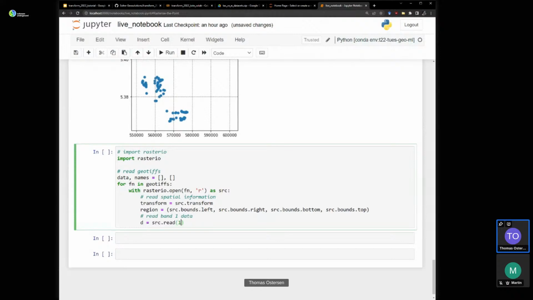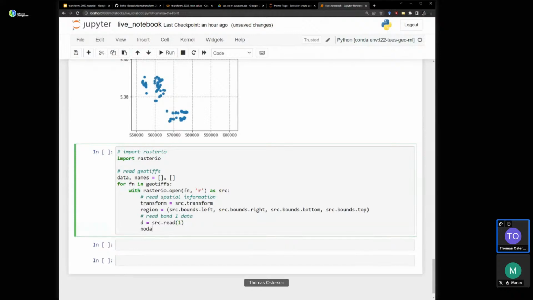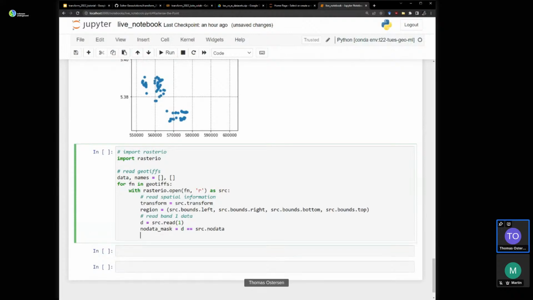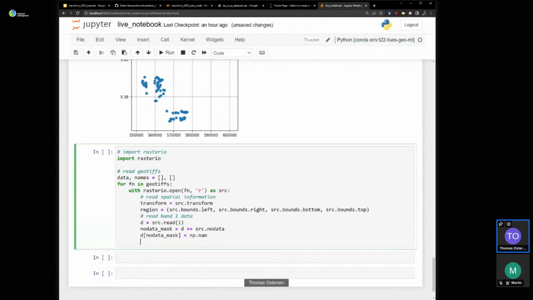Let's read band 1. We'll also read the no data value. We'll make a no data mask because there are regions of these data sets that contain no information. To do that, no data mask is where the raster d equals the no data value. We'll then mask that with NaN, and then we'll append data to lists.